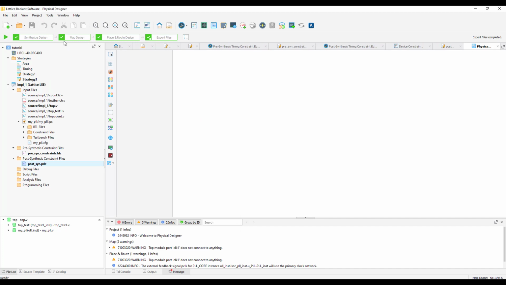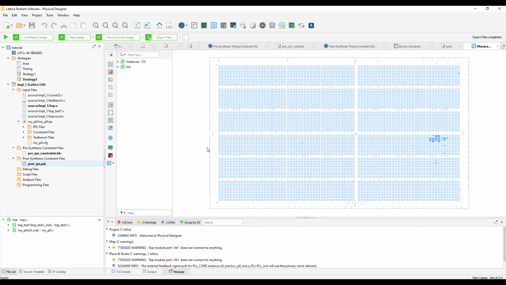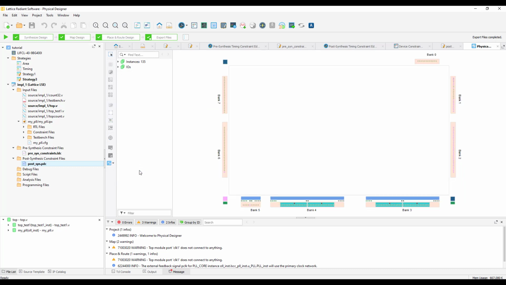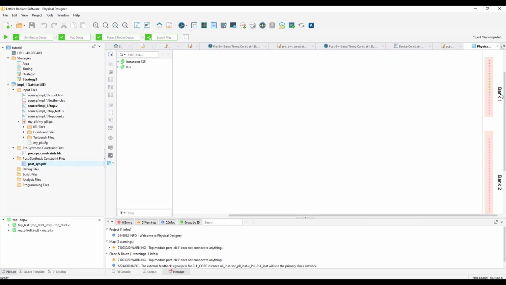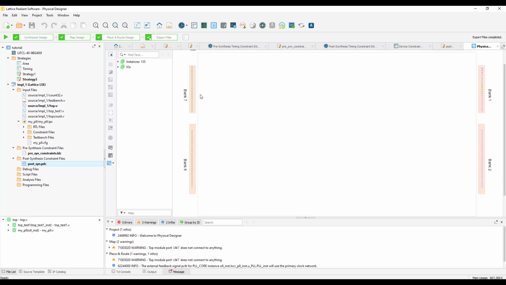When you open the Physical Designer, the floor planning view opens up. Through this floor planning view, you will be able to see where your design is placed. You can also change this mode to an IO mode by clicking on this P and changing it to an IO mode. This shows all the IO constraints and all the IOs placed in the design. The placed IOs will appear here. You can zoom in to see the pink ones are already placed and these gray ones are the ones that are left unplaced.